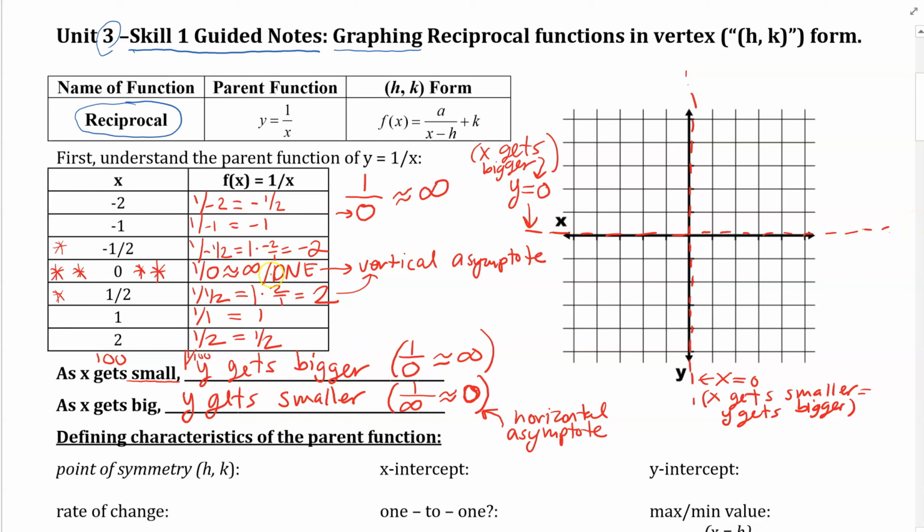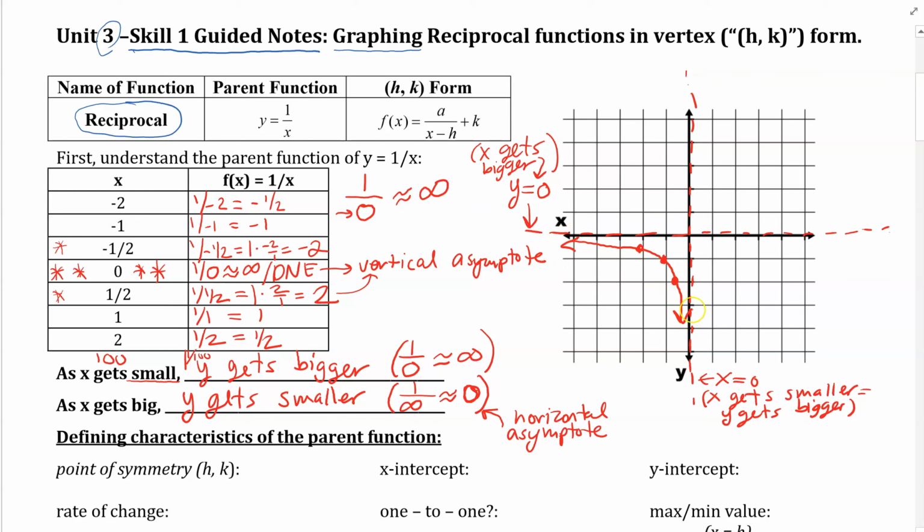And then I'm just going to plot the rest of these points. So I have a point at -2, -1/2, -1, -1, and then -1/2, which is right here, down -2. So it kind of forms kind of like the shape of a boomerang, for lack of a better word. It just sort of looks like a boomerang. It is curving through the points. It's not sharp and straight, it's curvy, and it's reaching out toward these asymptotes, both the horizontal one and the